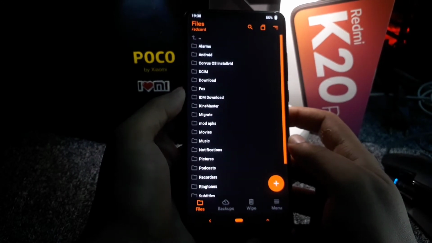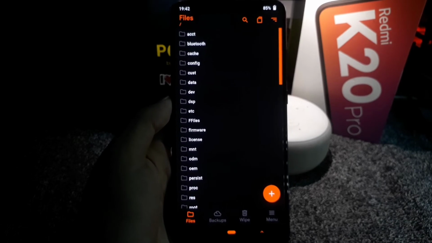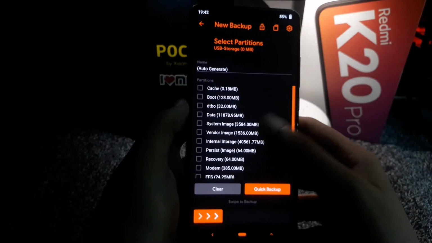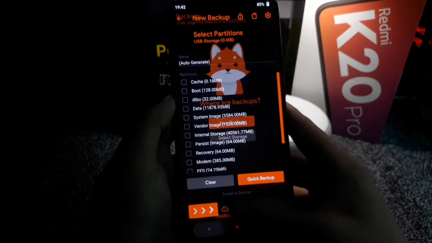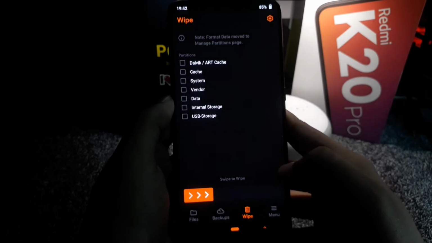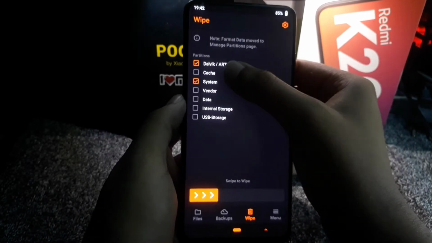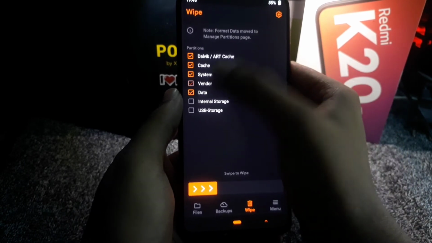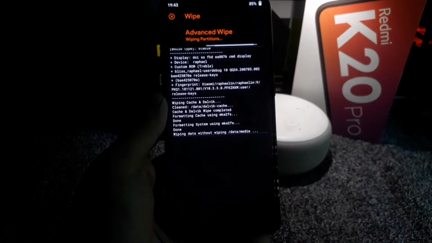After booting into recovery, you need some files to flash, with the link I already gave in the description box, so go and download it from there. Now you can take a backup of your current ROM from the backup section, and if it is your first time using a custom ROM, then you should keep a backup. After taking the backup, just go to the wipe section, then select Dalvik, Cache, System and Data, and if you are running on the current vendor, then no need to select the vendor, and if you are not, then only select the vendor and just swipe to wipe it.